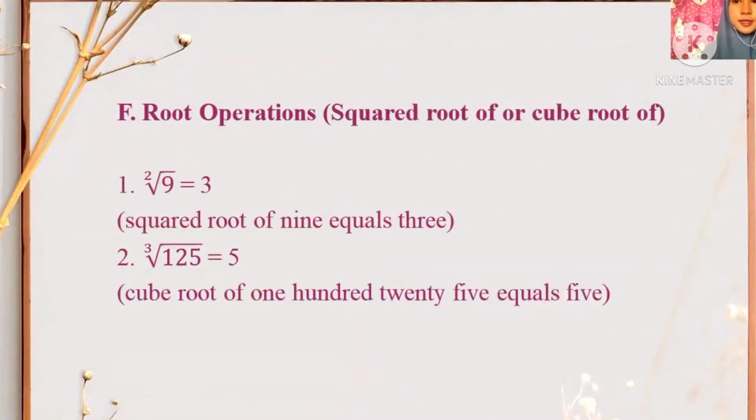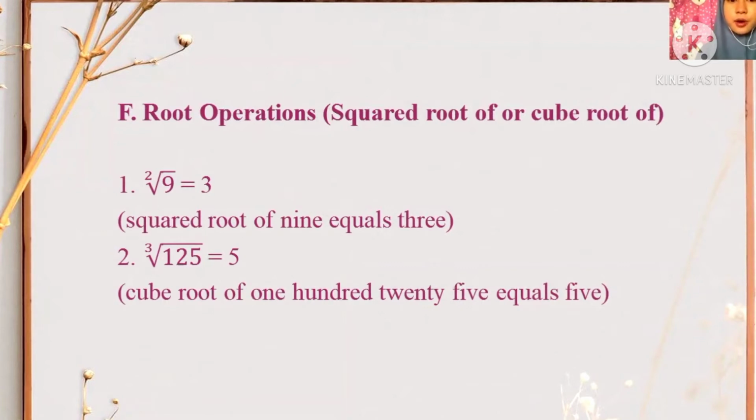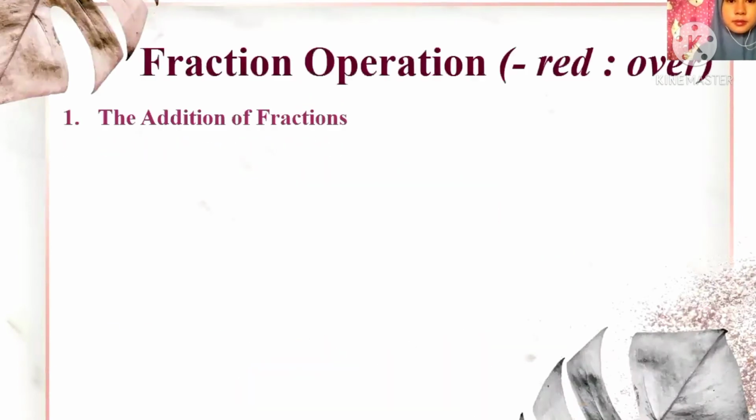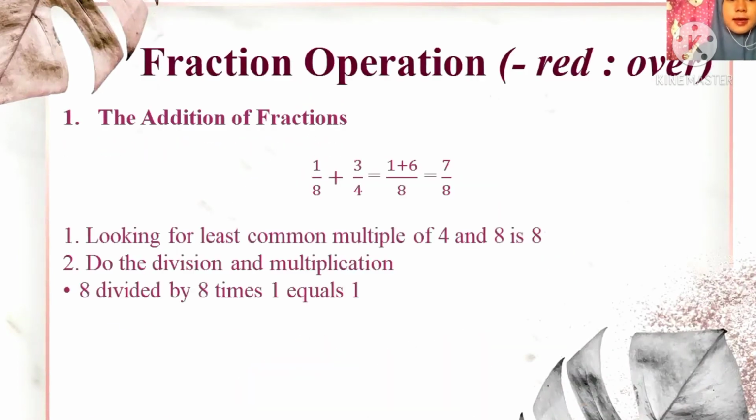Root operation. Square root or cube root of. For example, square root of 9 equals 3. The next example, cube root of 125 equals 5. Next,